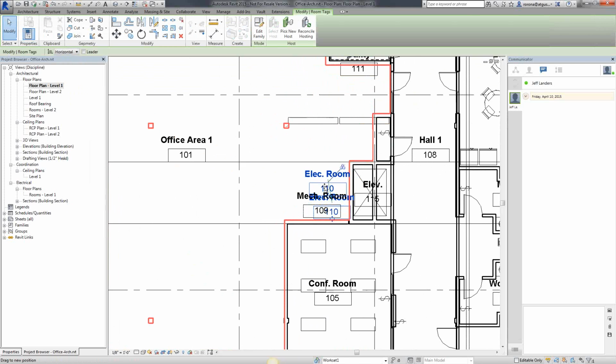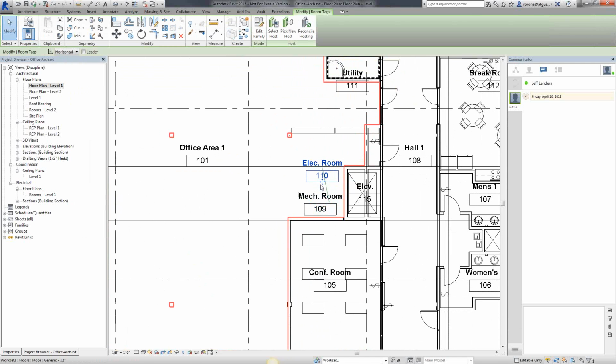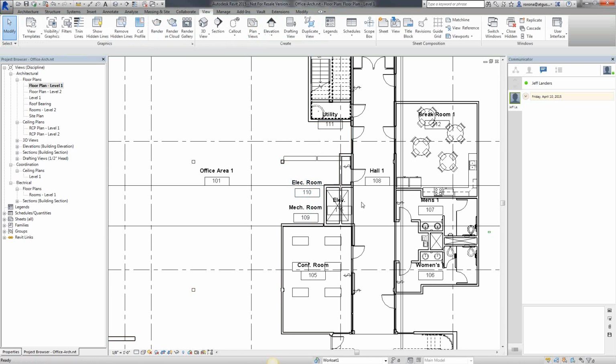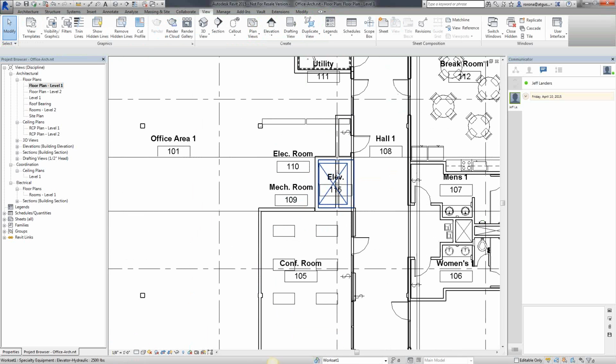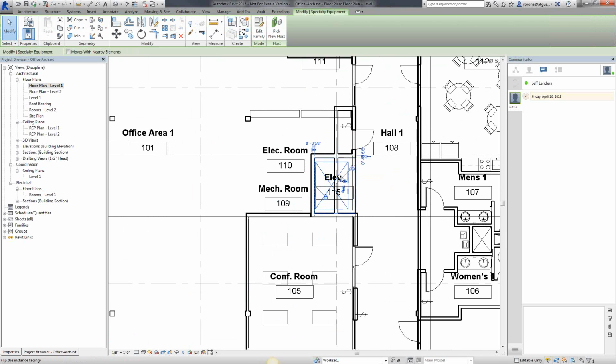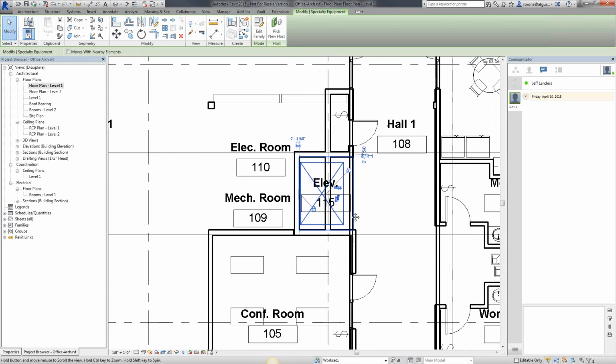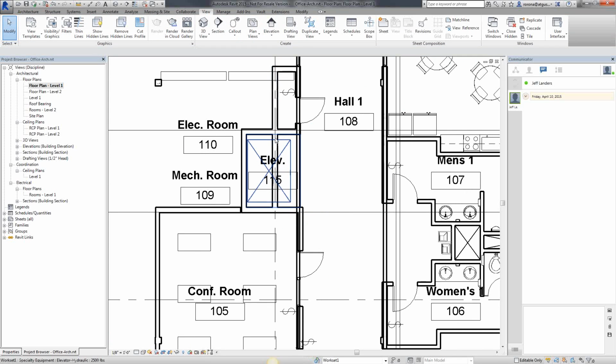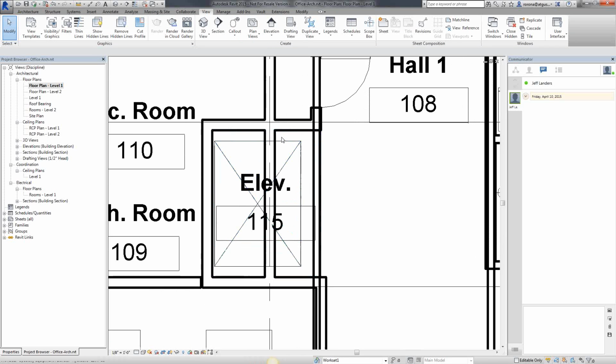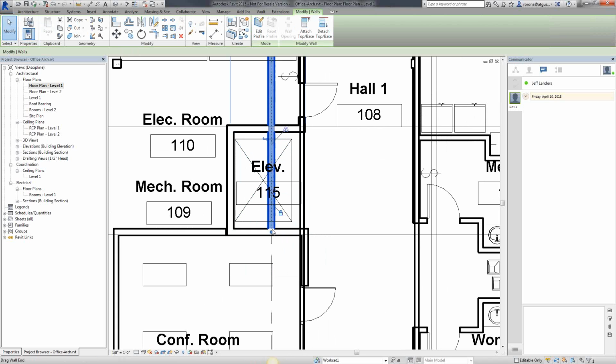I have some rooms here that aren't really established correctly, so maybe I want to make some modifications right here in this area. One being this elevator here, it's the elevator shaft that's going up to my second level. That's something that needs to be coordinated on my side. Maybe it was an error that I made. So I want to go ahead and adjust this wall. Let me trim it up to here,